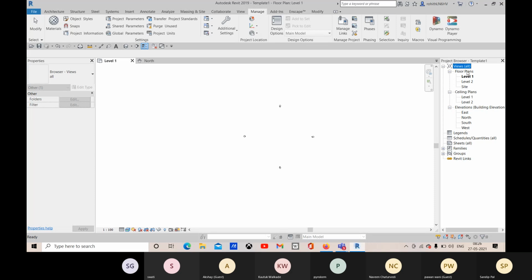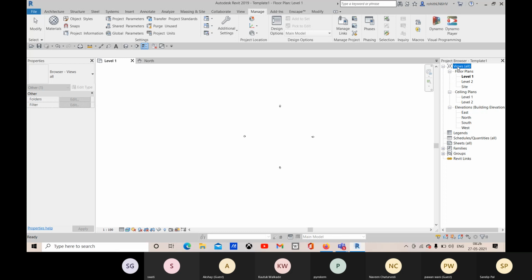And you can see all the elements, all the types that are listed here. So these are the views, and we have schedules and sheets, but they are not added here right now, nothing is added. So let's organize all these views.